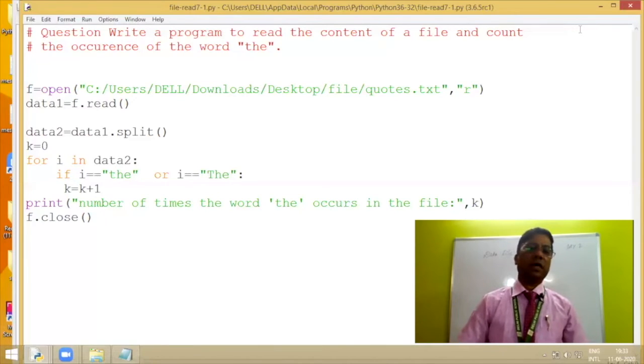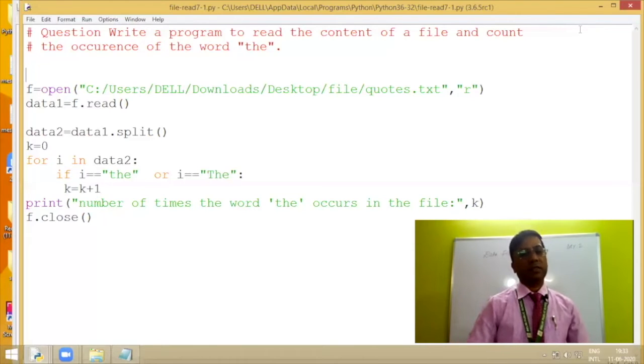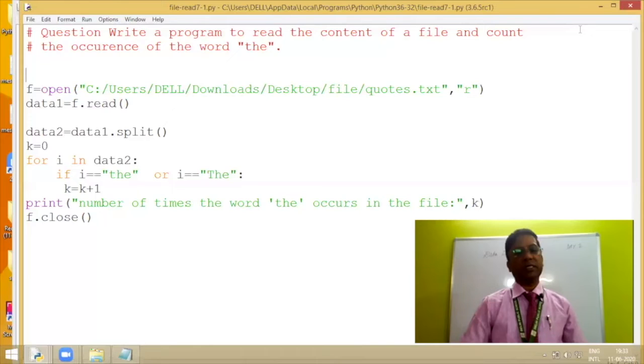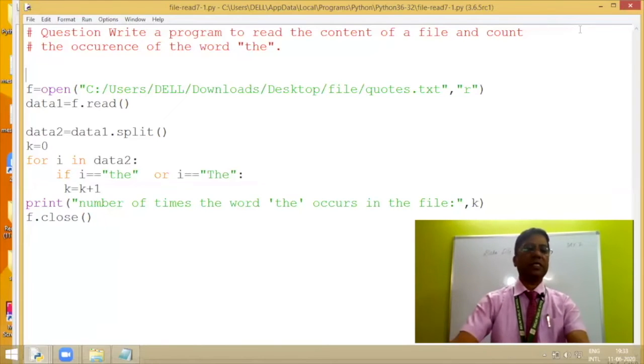Then I am using a for loop in order to access the list. If the first word is "the", or the first word is "The" with a capital T, then I am incrementing the value of k by 1. Similarly it will go for the next value of i, that means the next word, and it will be matched with "the" or another form of "the".